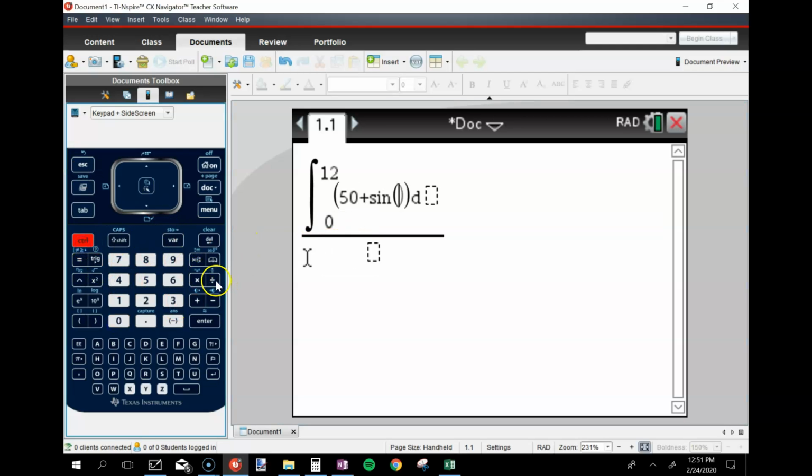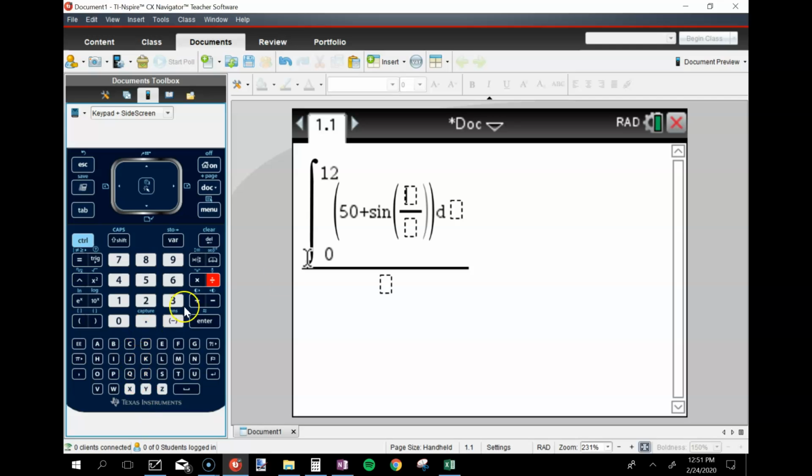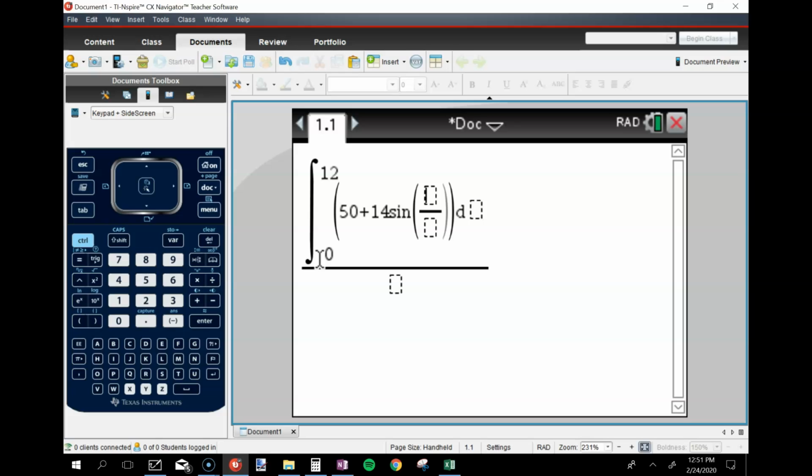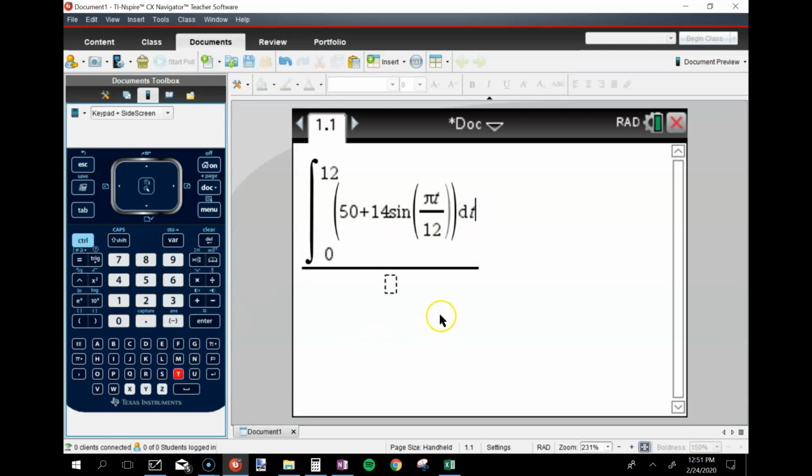Sine of 14 sine of pi t over 12 dt over 12 gives me